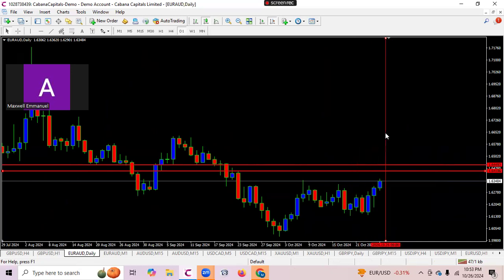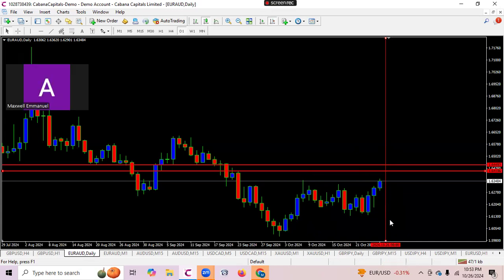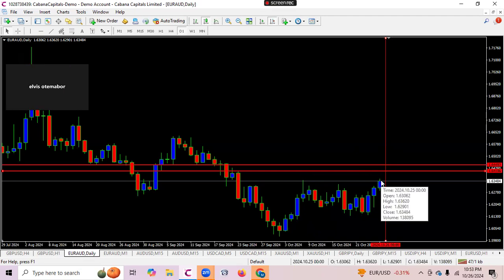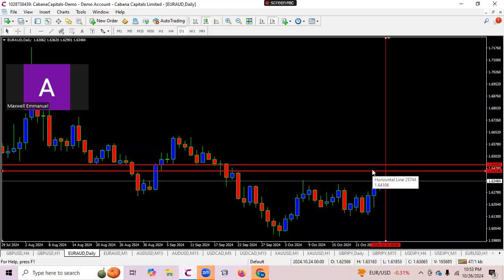Now after liquidity has been cleared, the next thing to look out for is the candlestick pattern that forms after liquidity has been cleared. So liquidity has been cleared here. If the next candle closes bearish, that is, the pattern is a bearish reversal pattern, one can risk selling. Are you getting me? One can risk selling if the next candle closes bearish as a bearish reversal pattern, maybe a shooting star or an engulfing pattern. One can go bearish. And since there's a fair value gap that is likely going to get filled,